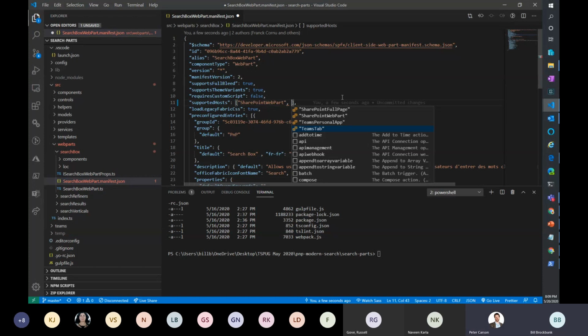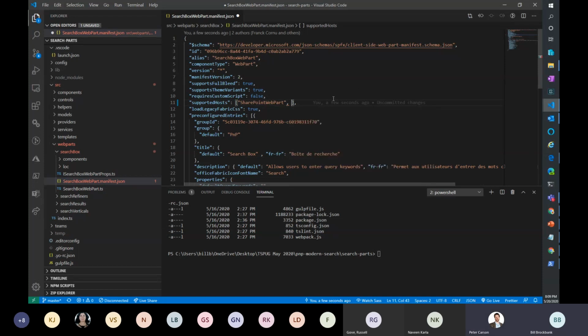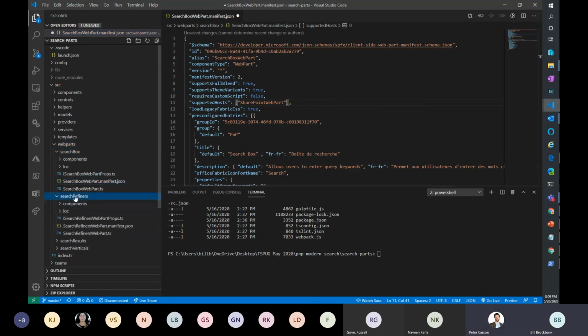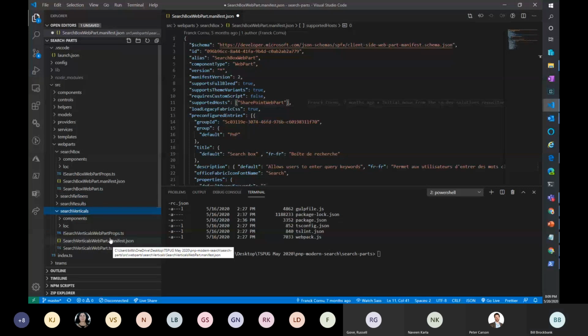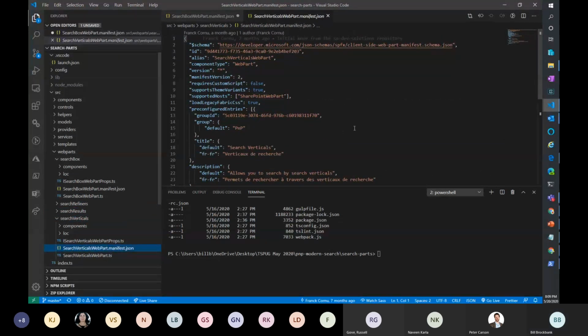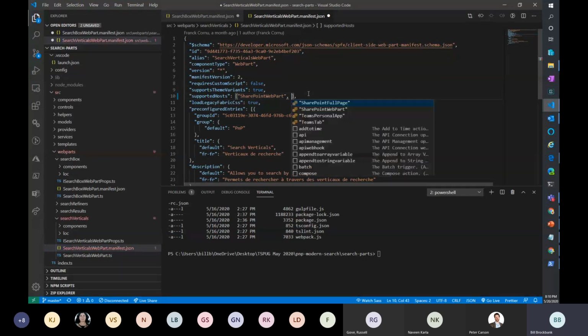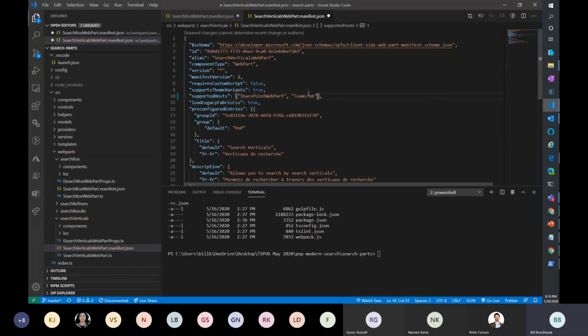I just pulled the search. Well, that's the search box. Actually, let's go look at that. What would be interesting is the results. Does the results support it? Yeah. So if you want to use a content query type web part in a tab in Teams, all you'd have to do is go add the appropriate settings here to make it a Teams tab. Now, if you rebuilt this, you'd actually be able to use it for a Teams tab.